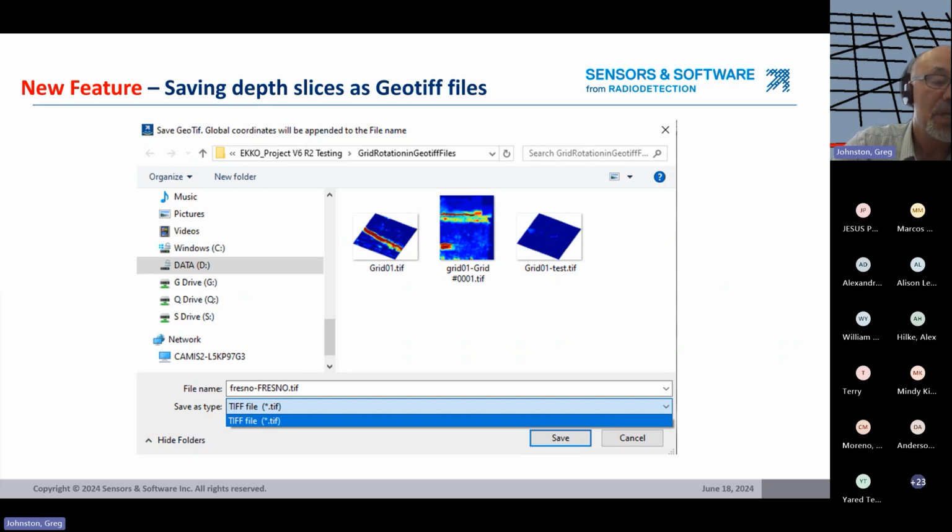into the image. And so when you save your data as a GeoTIFF file, you have the position of where the data is from embedded into it. And so this means that if you've collected your GPR data with GPS, you have the positioning for it. And when you create a depth slice, it has the positioning for that depth slice. And so the power of this is really when you have a GeoTIFF file, now you can take it into